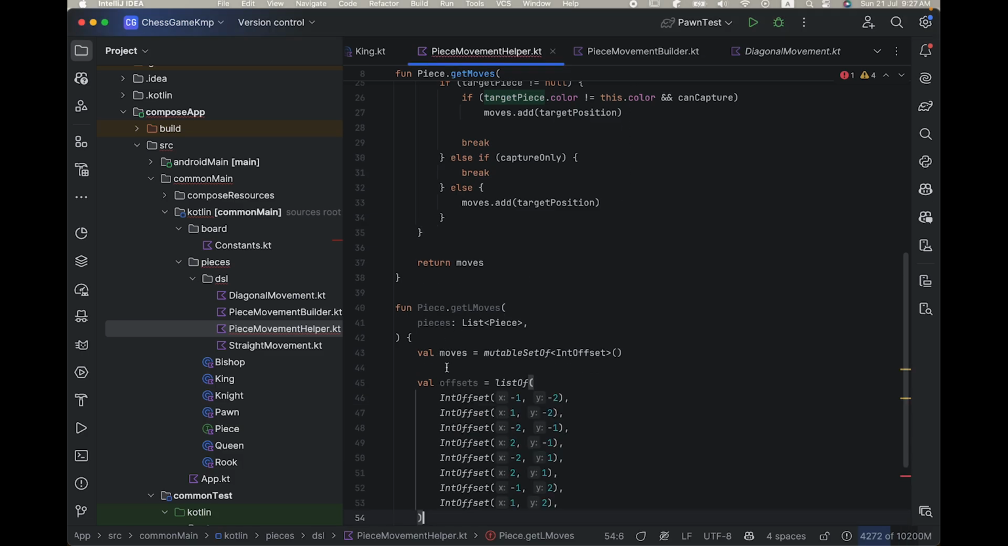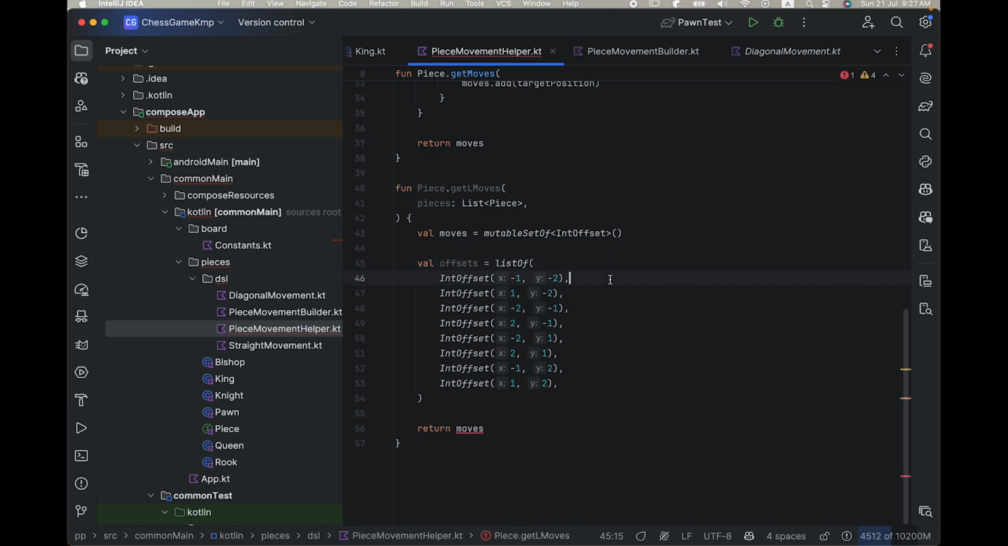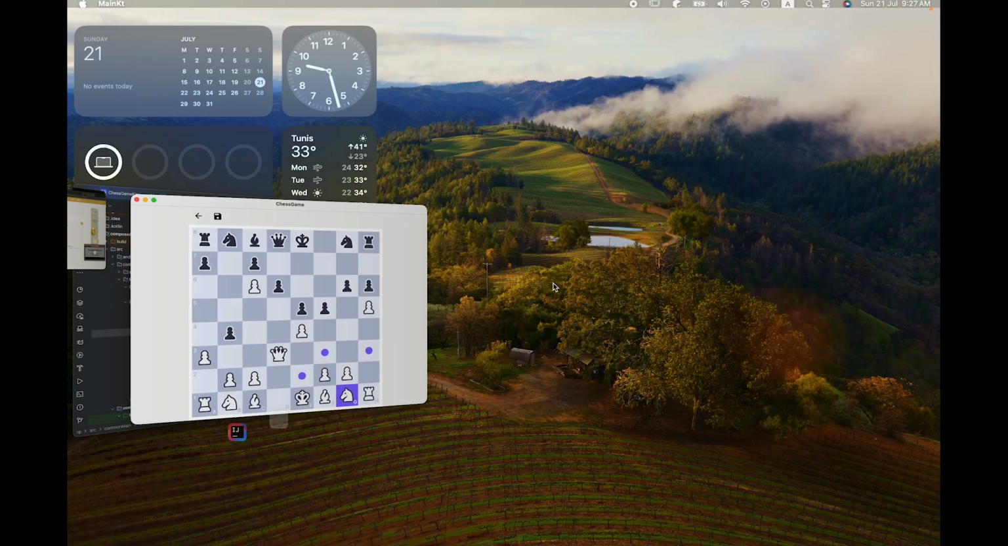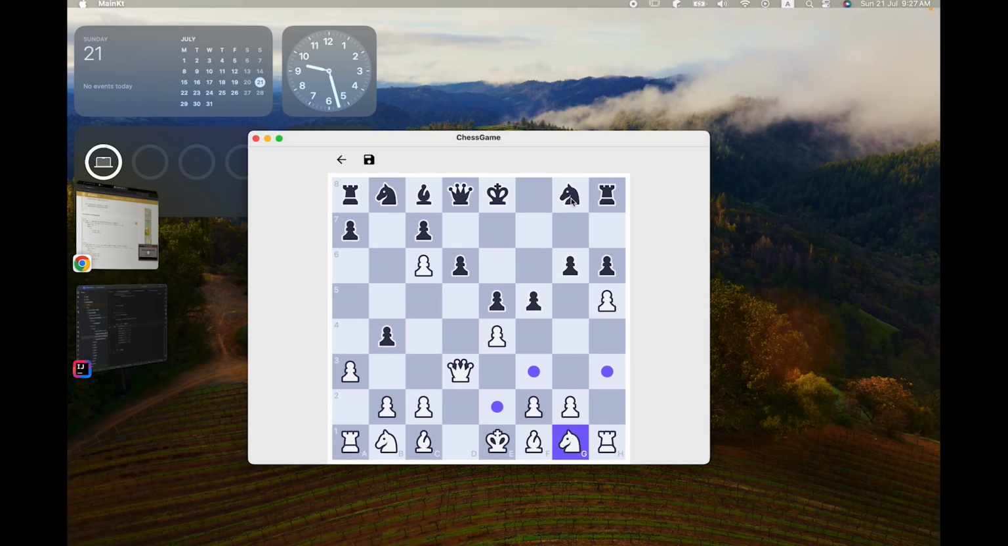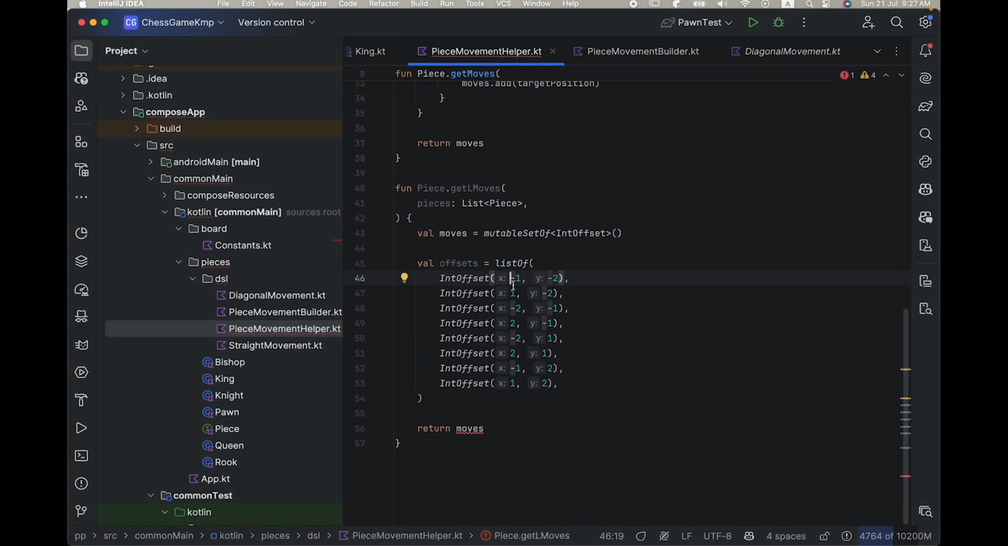I'm just going to copy all of those positions, so we can go through them one by one. So we have this int offset -1, -2, which is this position, for example. We have also +1, -2, and so on. We have -2, -1, or +2, -1, and so on. We have multiple 2s and 1s with different minus signs, so these are all of the possible positions that you can add to the current knight position,